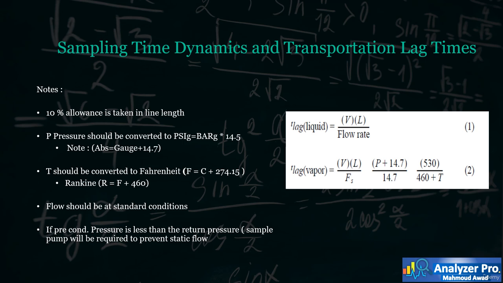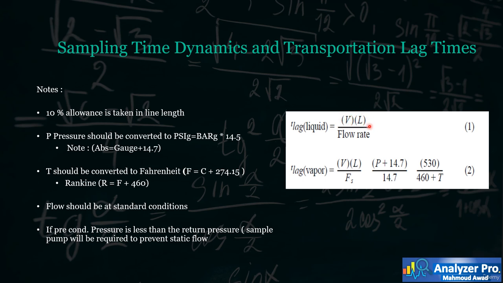Now, let us calculate the lag time. For liquid sample, the lag time is equal to the cross-section of the sample line multiplied by the line length. This gives us the total line volume, divided by the sample flow rate in the line. Note that the cross-section of the sample line is a function of the sample line inner diameter. This is dependent on the line size and the wall thickness. Also, to be more accurate, we consider the volume of the sample probe to get the complete volume of the